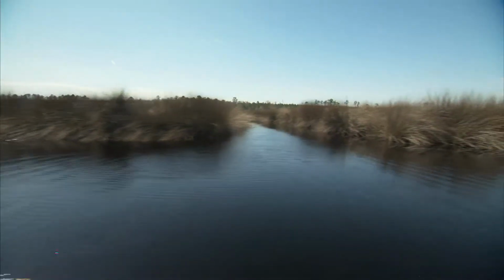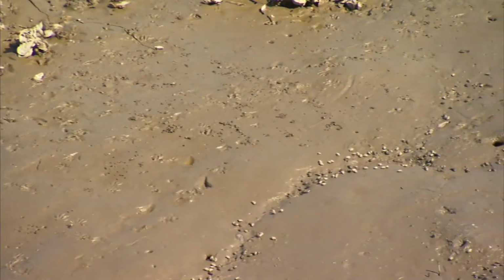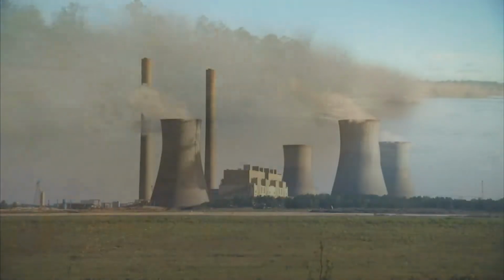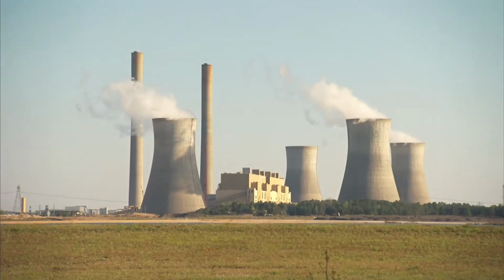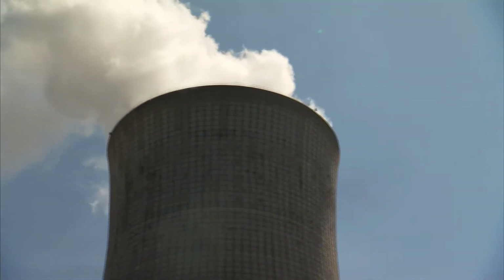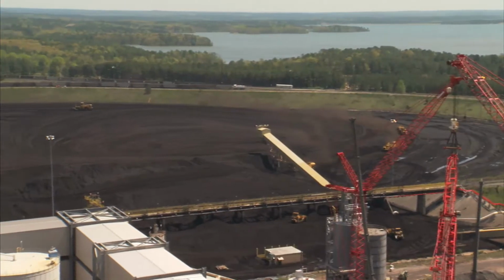So what do you think this is going to look like in 50 or 100 years? The model suggests that we're going to lose huge acreages of the Georgia salt marsh and they'll simply become mudflats because they can't keep up with the rise. Sea level rise is a signature of global warming, which scientists say is a consequence of increased carbon dioxide in the atmosphere. Most of that increase has come from burning fossil fuels, and 40% of this carbon dioxide comes from